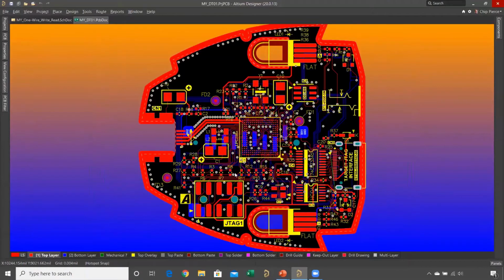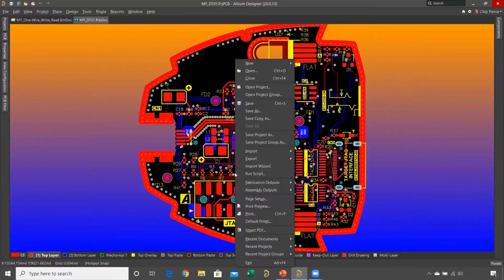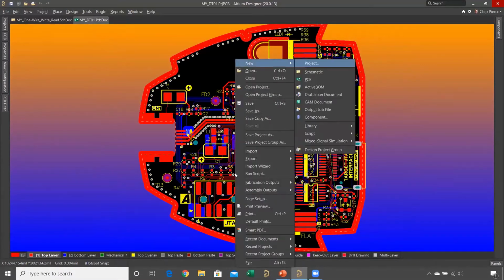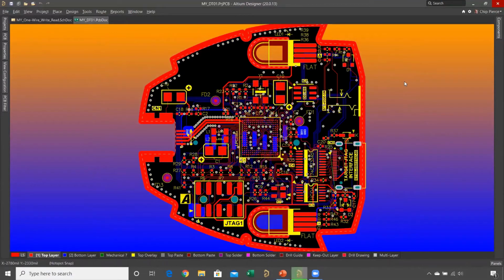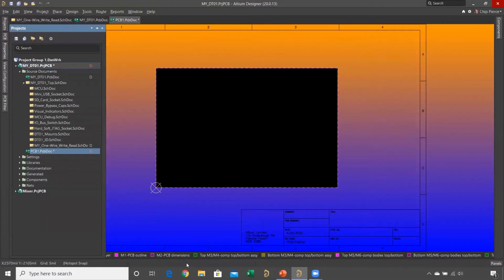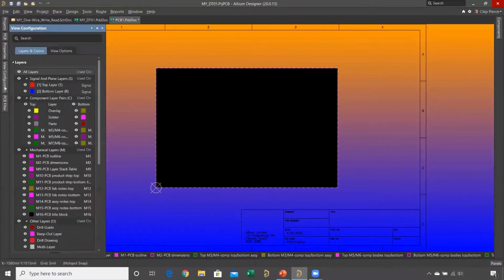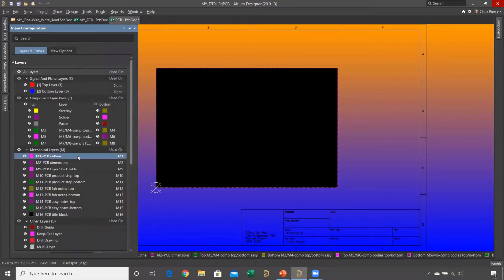But I'm just going to create a new PCB with F for file, N for new, and P for PCB. You see that? So what that's going to do, it's going to create a blank PCB. It's a template PCB that I've got set up in preferences. And watch this, if I open up the view configuration panel, look at this, it made a copy of my